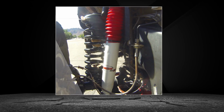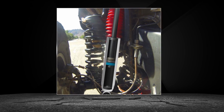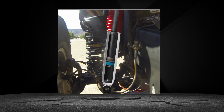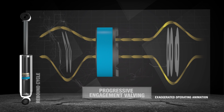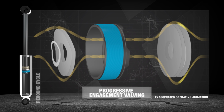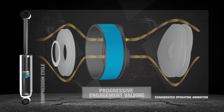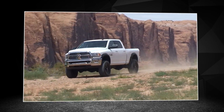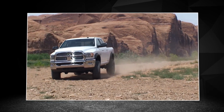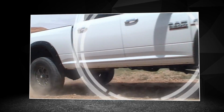When hitting a pothole, off-road trail obstacle, or similar activity, Rancho's progressive engagement valving allows for early flow of fluid, helping to reduce harsh initial impacts and to control the flow of fluid in a progressive, gradual manner through the valving. During on- or off-road driving activities like washboard roads or when traveling through a rough fire road, the early